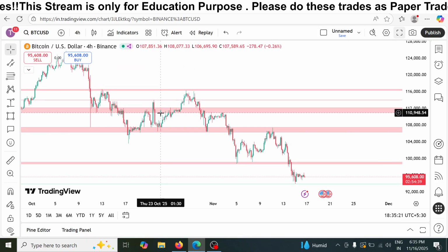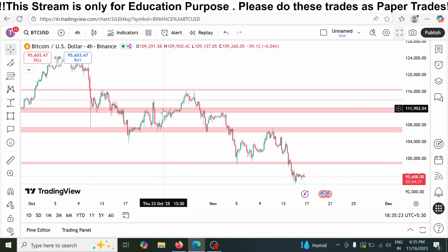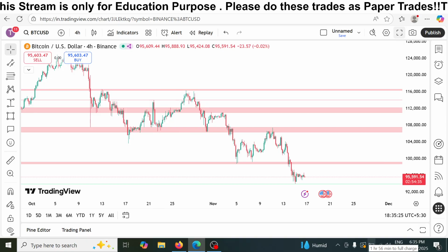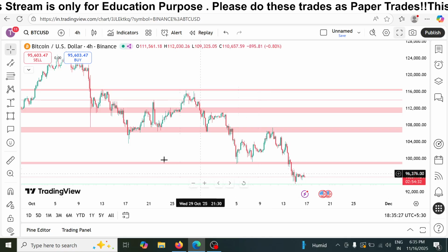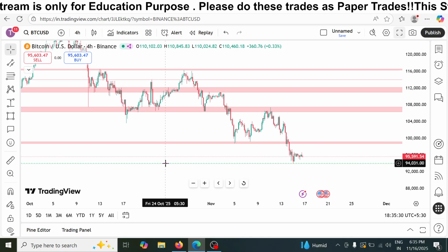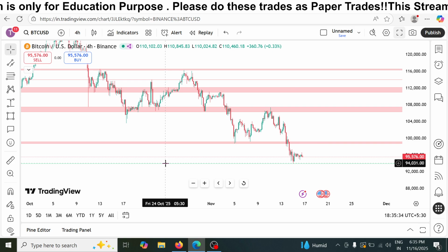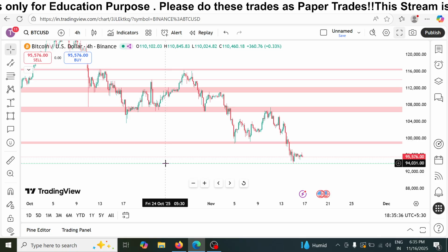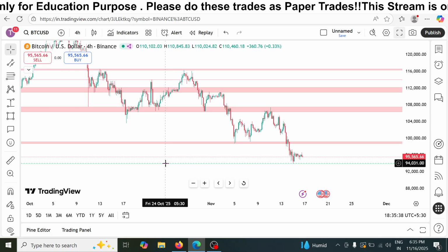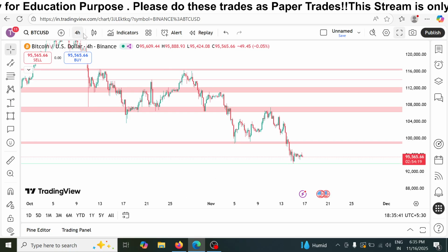The density or the width of this particular support and resistance will tell you how good and how strong that support or resistance is. The very thin line shows that, for now, it's a weak support, but then if the price spends more and more time here, it will become a more solid support, right? Now if I take this to 1 hour,